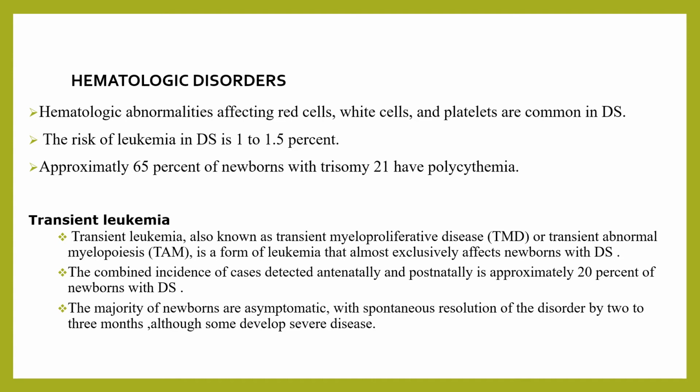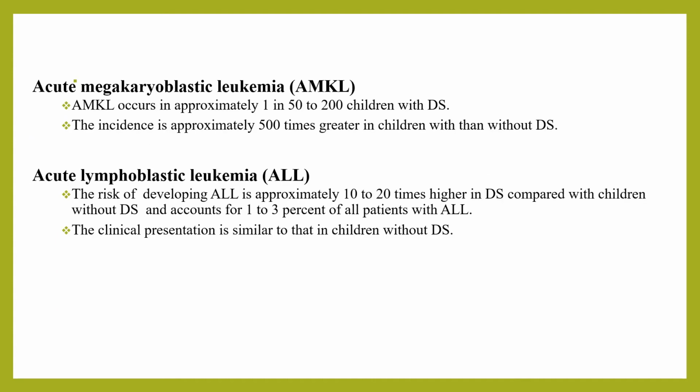Although some may develop the other hematologic abnormality, acute megakaryoblastic leukemia. It occurs in approximately 1 in 50 to 200 children with Down syndrome. The incidence is approximately 500 times greater than that of children without Down syndrome. Acute megakaryoblastic leukemia develops during the first 4 years of life, and it is most commonly seen by 2 years of age and is invariably associated with mutation in GATA1. In contrast, myeloid leukemia in people with Down syndrome aged 4 years or older are usually negative for GATA1 mutation, and their prognosis does not differ from AML in patients